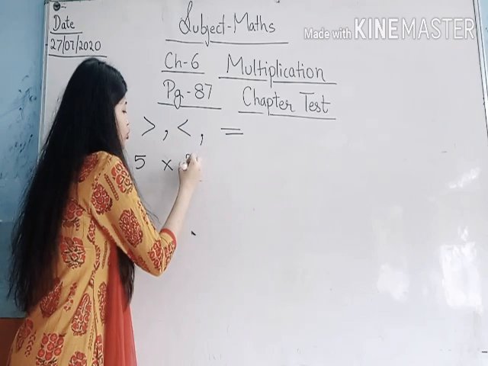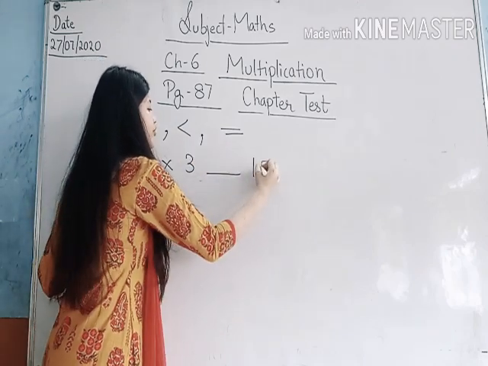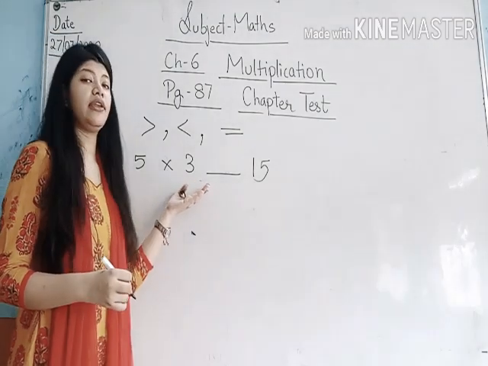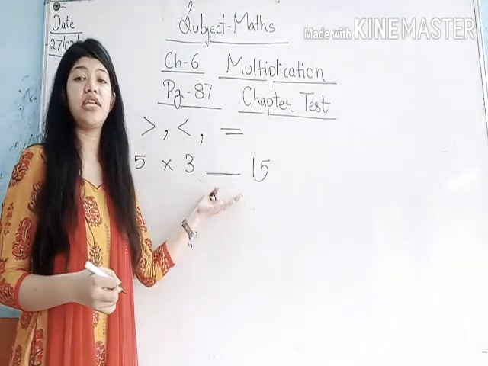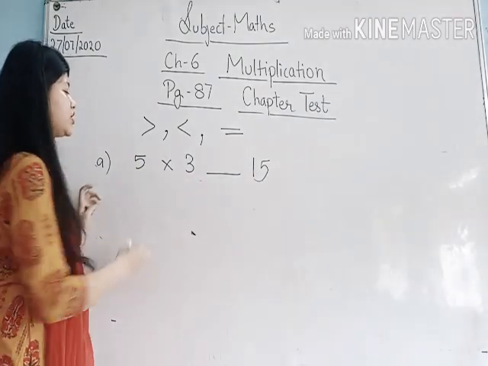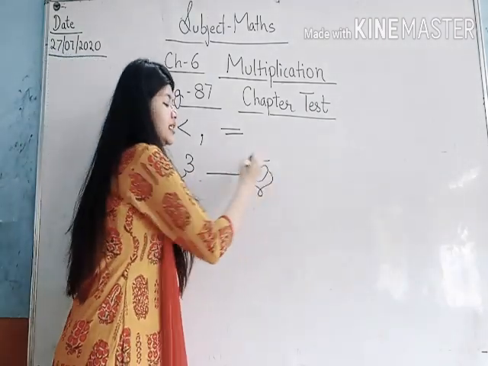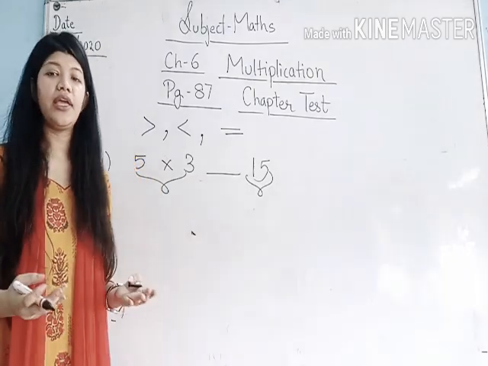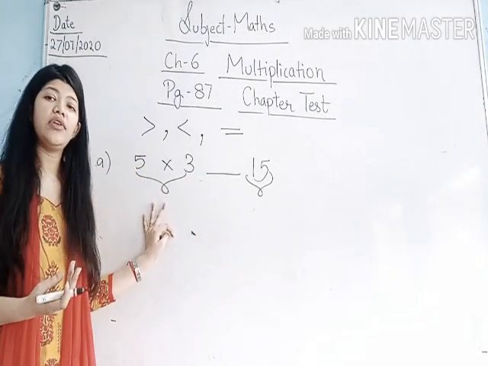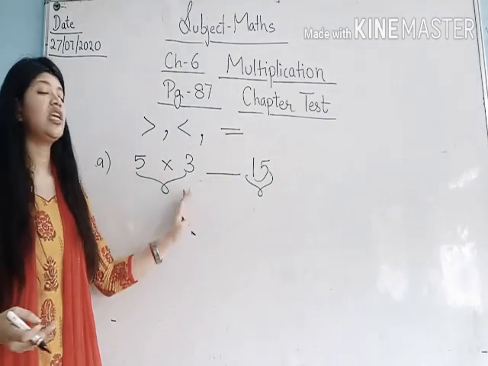5 into 3 dash 15. Now see, you have to put the sign in. So how will you find which sign will come in? What will you do? You will compare these two numbers. First number is this and another number is this. Now how will you compare? If you know the table, then only you will be able to know which sign will come. Yes. So 5 3s are